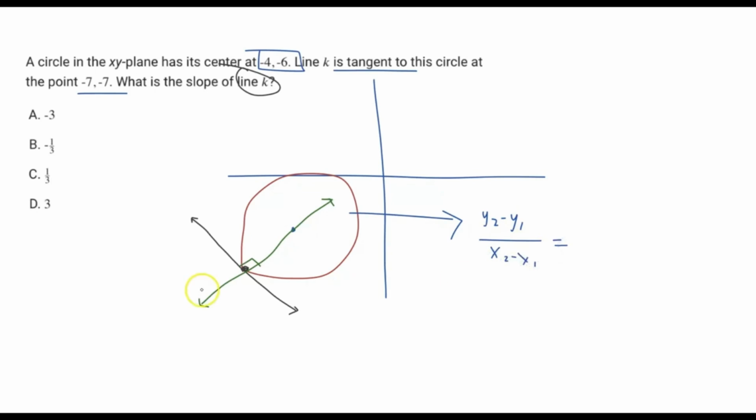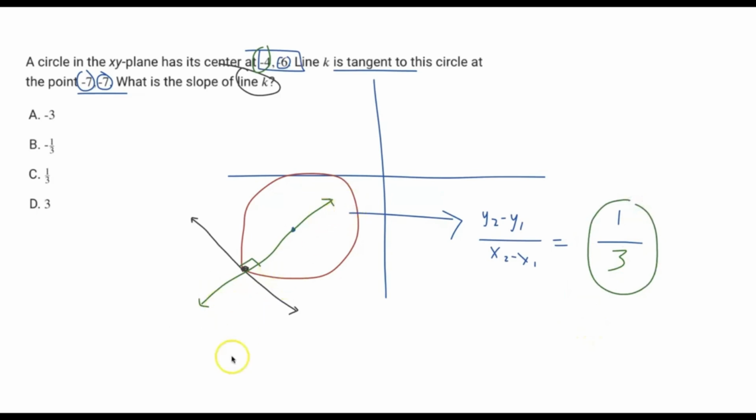And so here, let's just look for the change in y. So the change in y, we're going to be going from -7, -7 to -4, -6. And so the change in y, which is -7 to -6, that's a change of +1. So +1 on top. Now the change in x, so we're going from -7 to -4. That's an increase of +3. And so we know the slope of this line is 1/3, which makes sense because